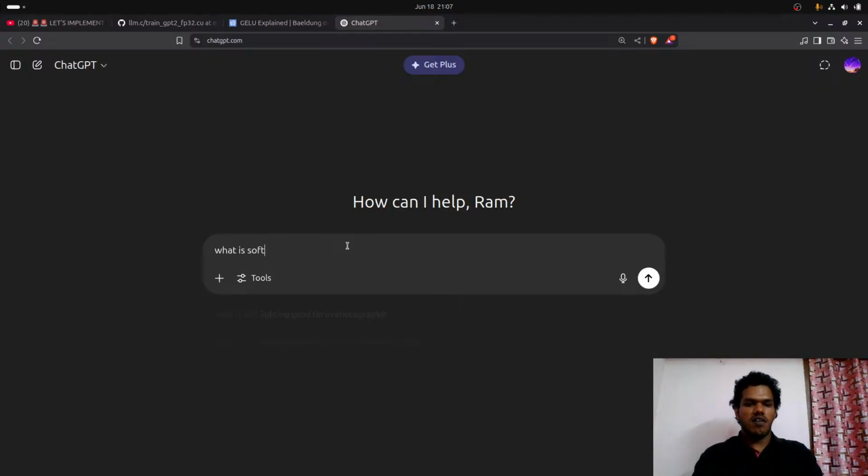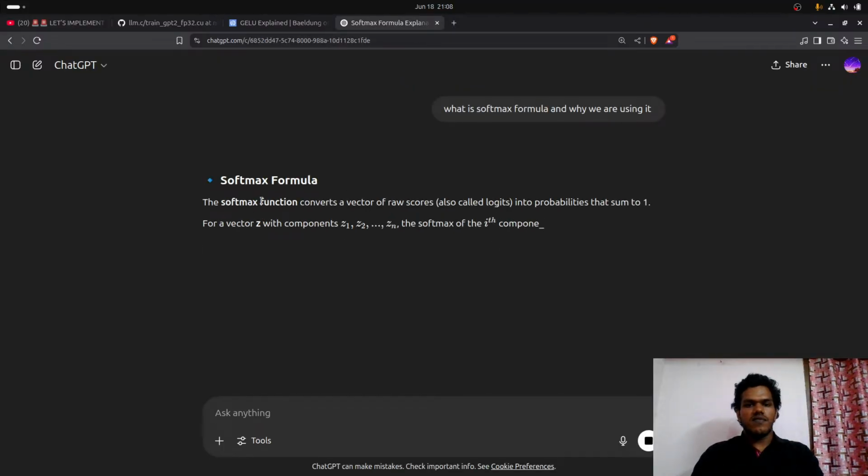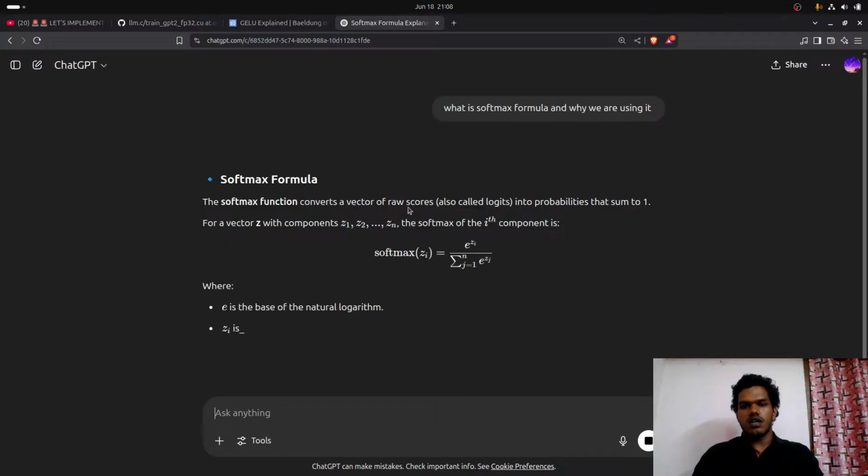What is softmax, its formula, and why are we using it? Softmax functions can convert a vector of raw scores, which are called logits,